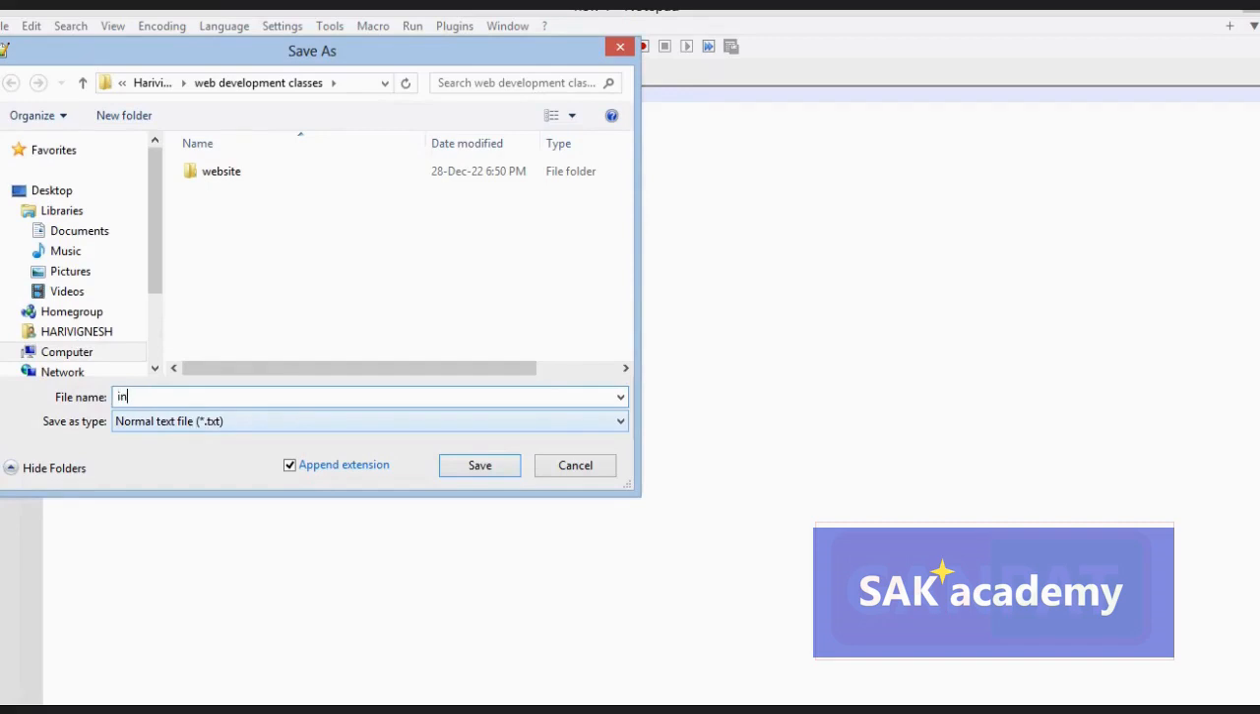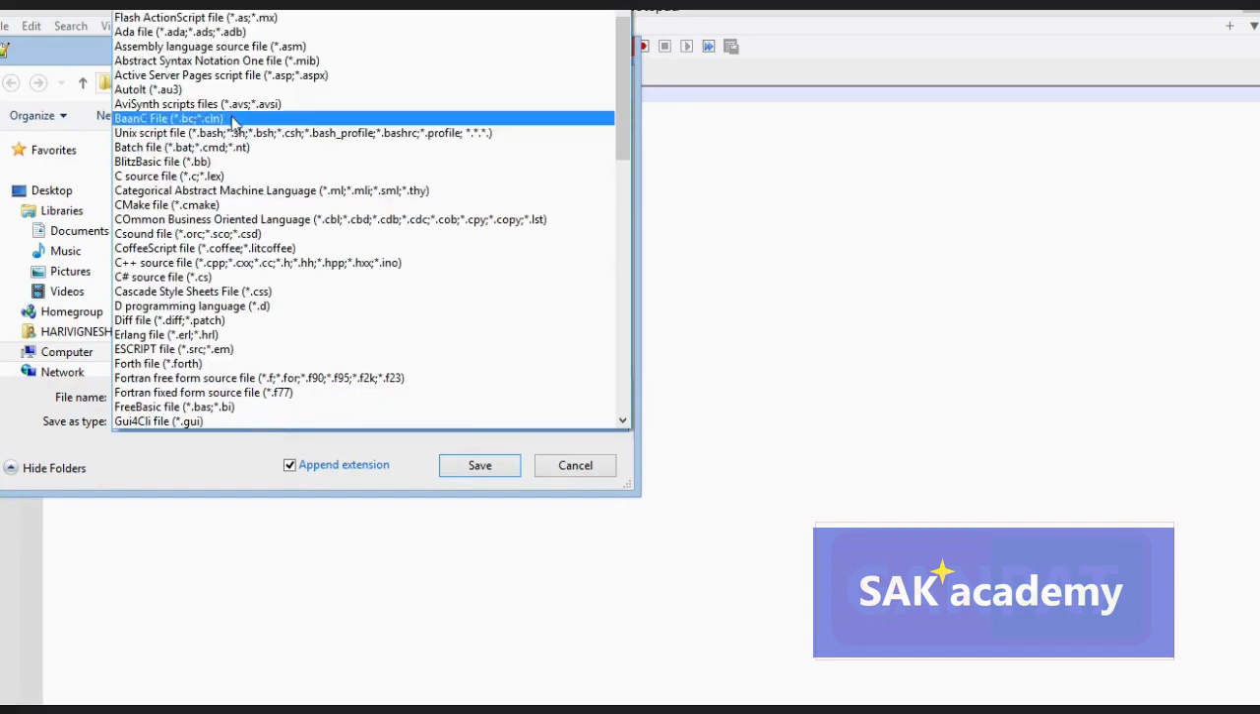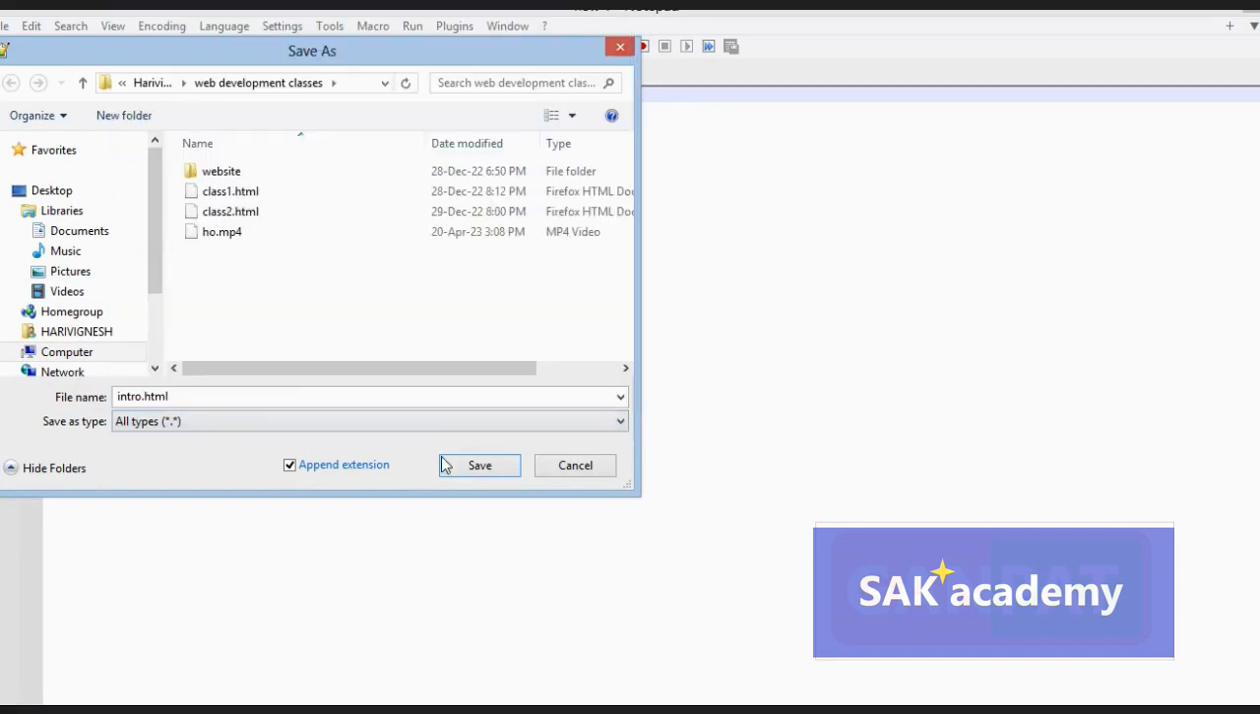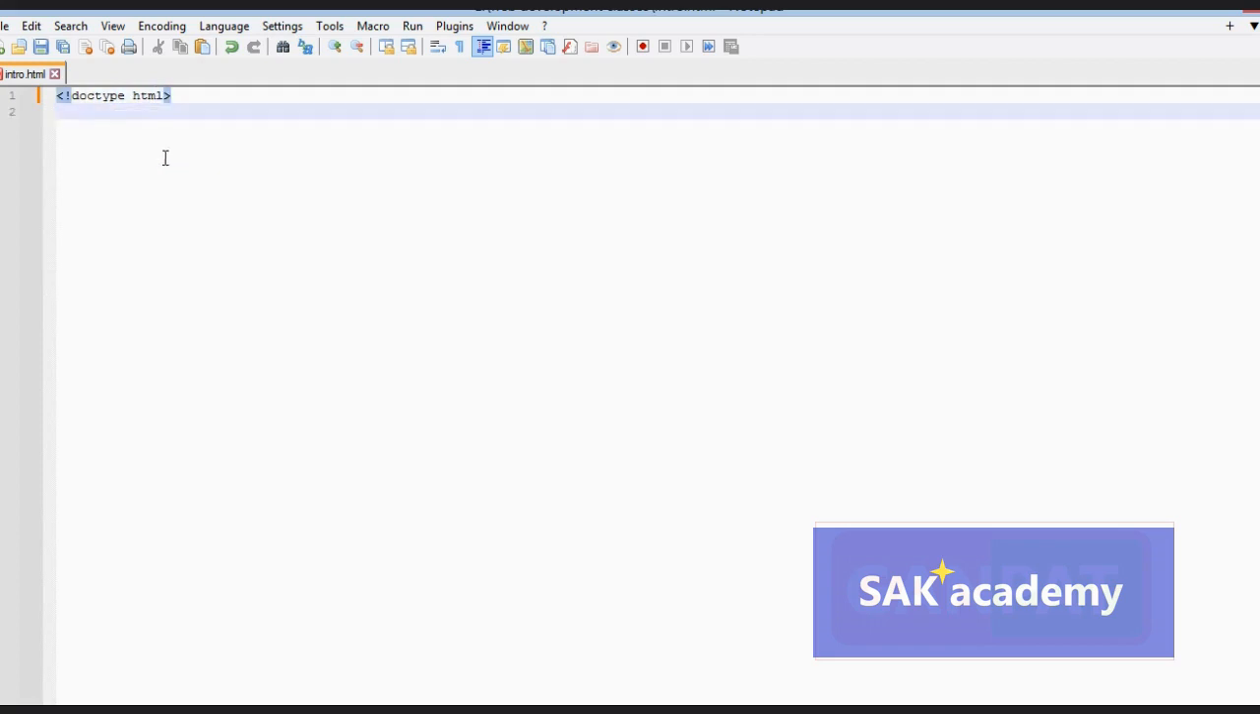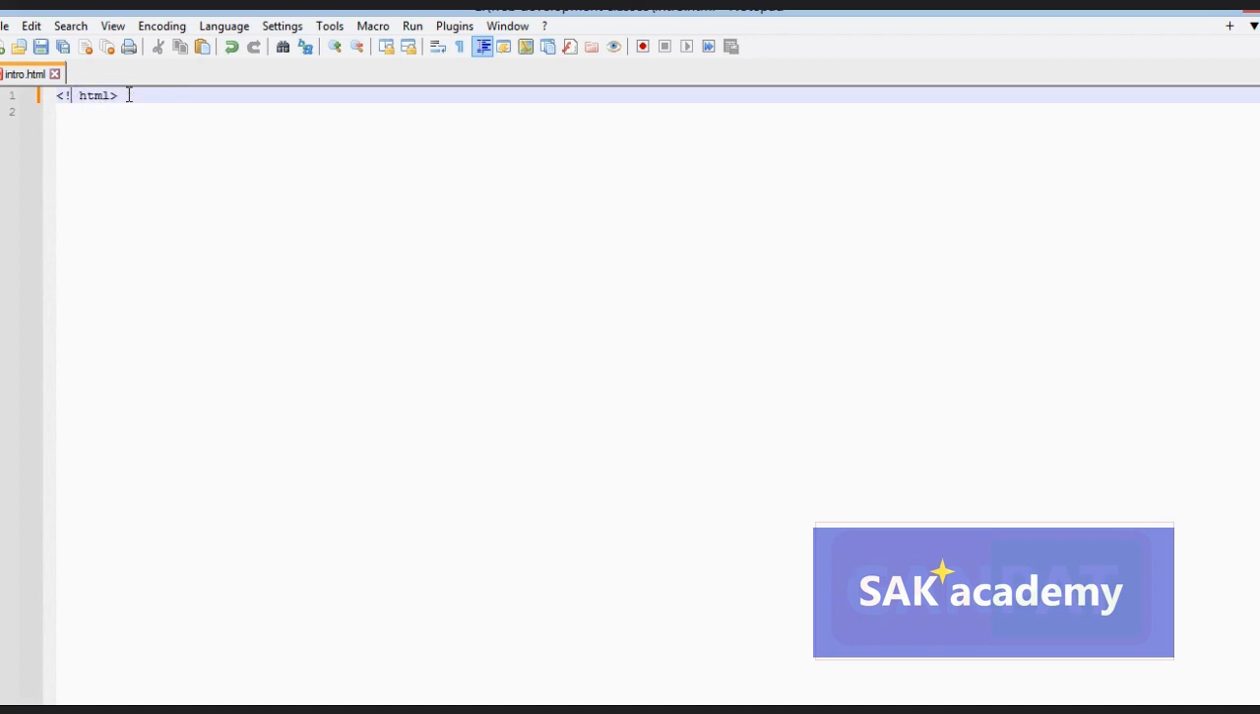Let's dive into the topic. First, let's discuss how to save an HTML document. To do this, simply open a text editor such as Notepad. I am using Notepad++ here. You can also use Visual Studio Code or Sublime Text. Notepad++ is very comfortable for beginners. Write your HTML code and then save the file with the extension .html. This will ensure that the file is saved in the correct format and can be opened by a web browser. Now let's move on to the